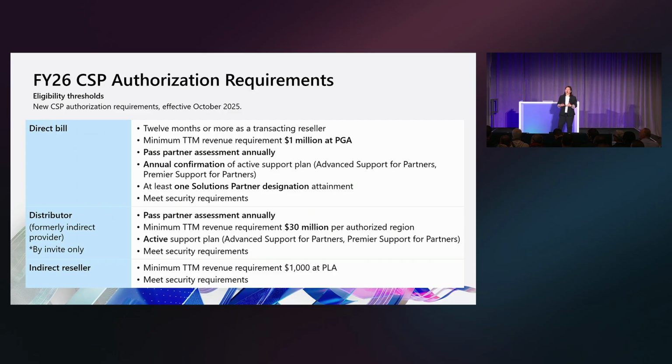The next 2 criteria is our indirect model. So we have our distributors. We're also raising the bar for our distributors. You heard Andrew talk about the introduction of the new frontier distributor designation. We are raising the bar so that for those of you who are considering partnering with a distributor, these designations help you identify who are the best equipped to meet your needs. We raise the bar in terms of the distributors in the CSP market region that they are authorized in. They need to meet a minimum of $30 million. And they also are required to have support plans. And again, security is always paramount in all our requirements. They have that as well.